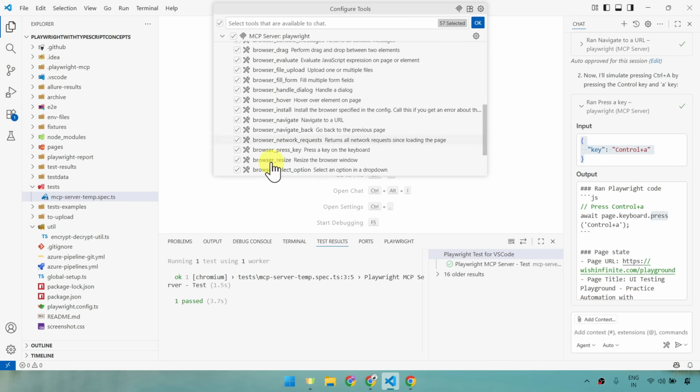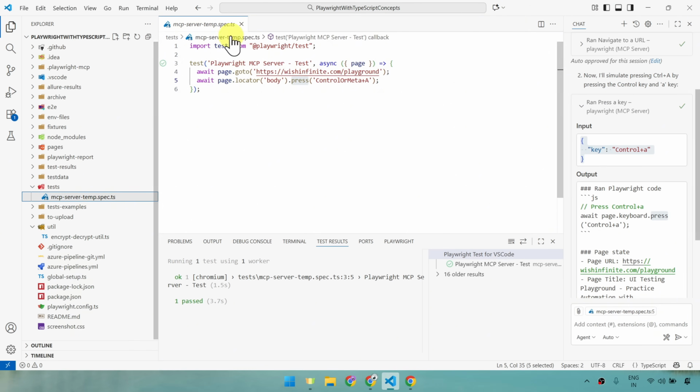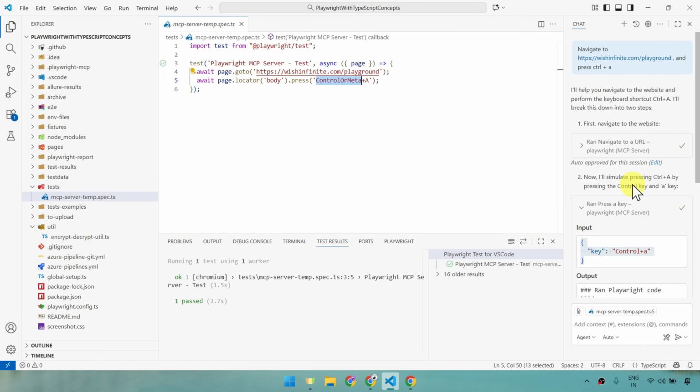After that, we saw that if we want to use Playwright, in that case, we will have to use this press method where we can provide Ctrl+A to press or any other combination. For that, we will have to do proper Playwright setup. We will have to create this test script file where we will have to provide the test block with this particular code. And now, when we would be using Playwright MCP Server, we just need to provide this simple prompt